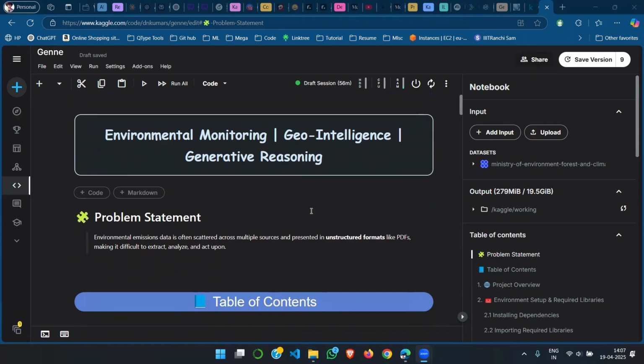Let me set the scene. Environmental emission data is crucial, but it is often scattered across governmental reports, sustainable disclosures, or scanned PDFs. These documents usually have tables, sometimes merged cells, non-standard formats, or messy layouts. Even if you do manage to extract their numbers, you are often left with vague city names and with no